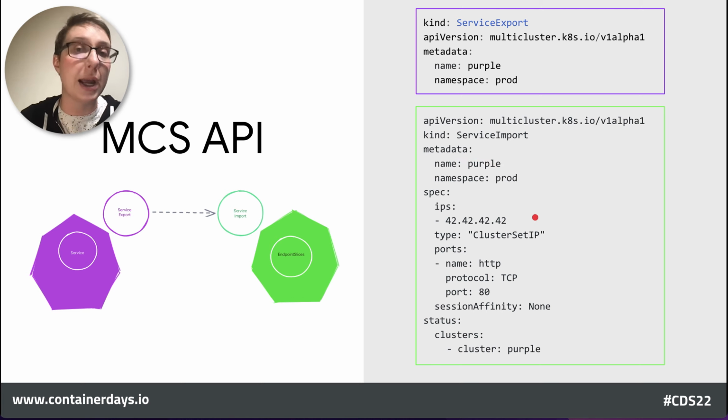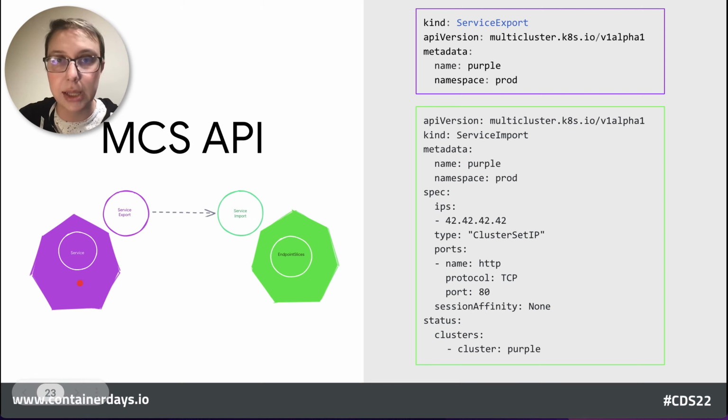So they know the IP of how to actually route requests to this service of name purple and prod that will actually route to the backends that are in the purple cluster itself.